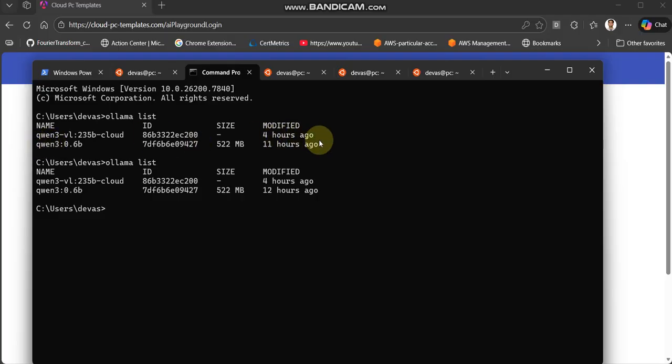For example, in this case, if I do ollama list, I'm seeing two models. This is a cloud model, that's why size is not being shown. But Qwen3 0.6 billion parameter is a local model. It is 522 MB. I can run it offline. I can turn off my Wi-Fi and it will still work. So, for example, if I have to run this,